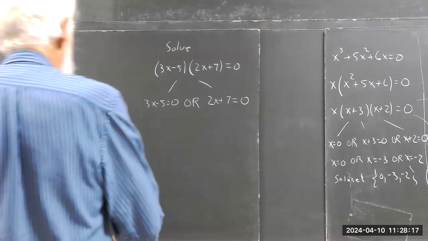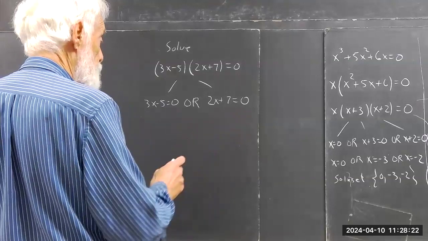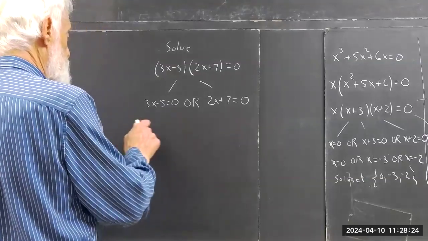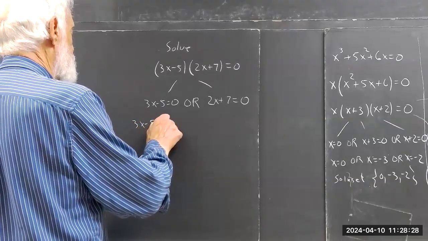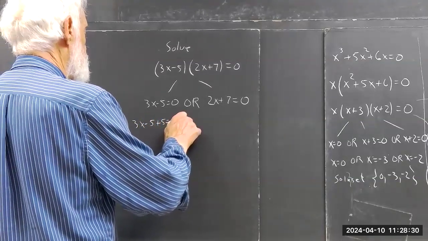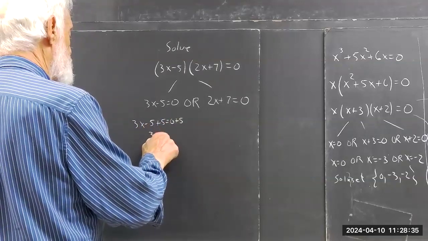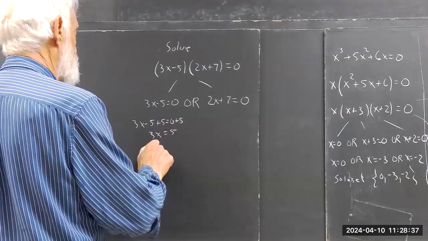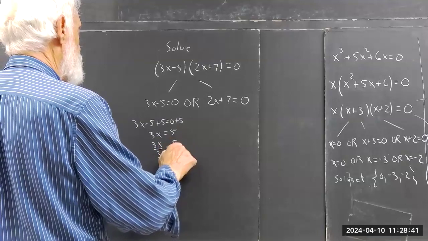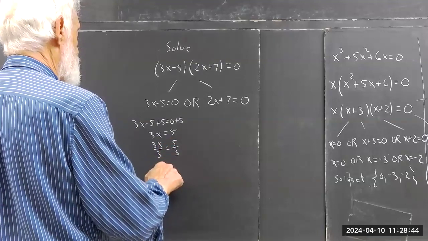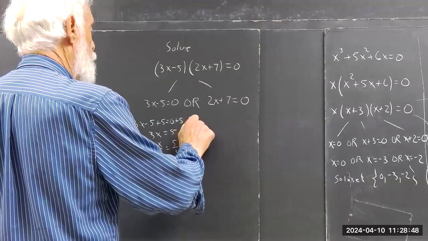Okay, well, we solve this equation, we solve this equation, and let's put the "or" in there. So we get 3x minus 5 plus 5 equals 0 plus 5, and then that gives us just 3x equals 5. So 3x over 3 equals 5 over 3, and that tells us that x equals 5 over 3, or,